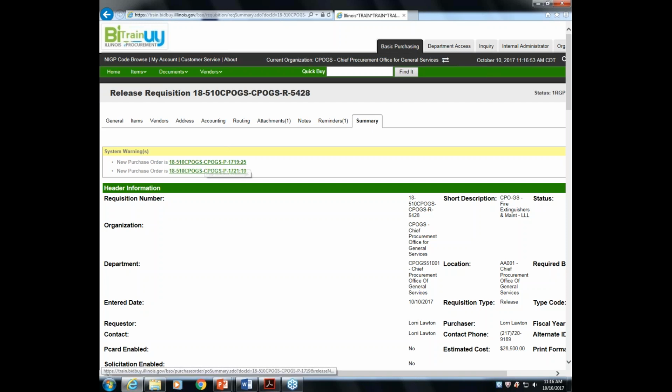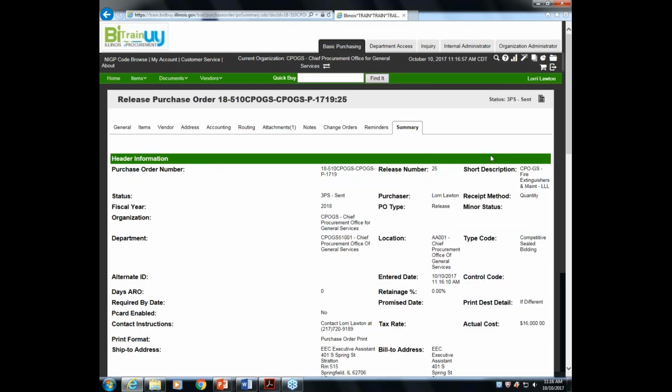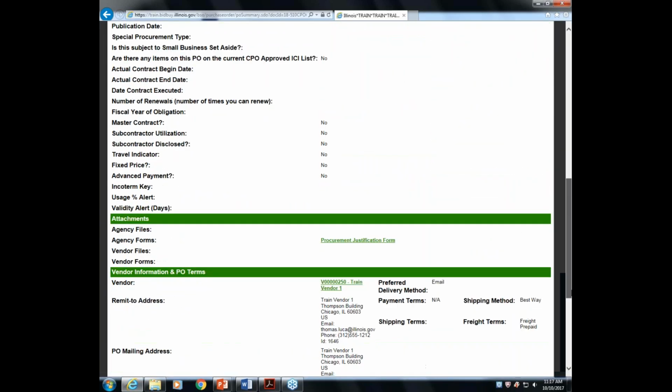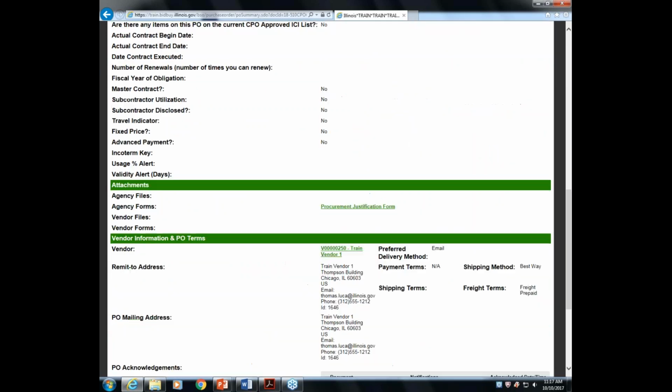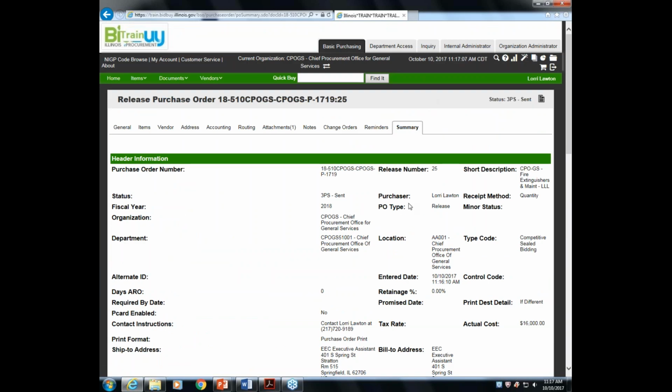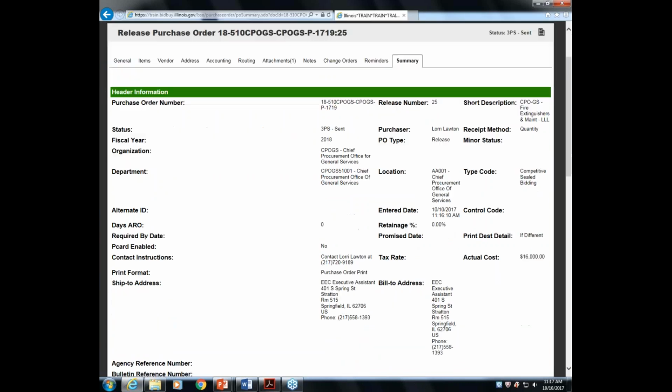So what I'd like to do is click out here, and I'm going to do a demonstration in the event of one of these, and I am going to show you that when I click through to my purchase order, at the bottom of the screen, I see all the information about the PO or purchase order that was sent to the vendor, and I know it was sent when I look up here in the corner at the status, and I see that this is in sent status. So the purchase order has been sent,